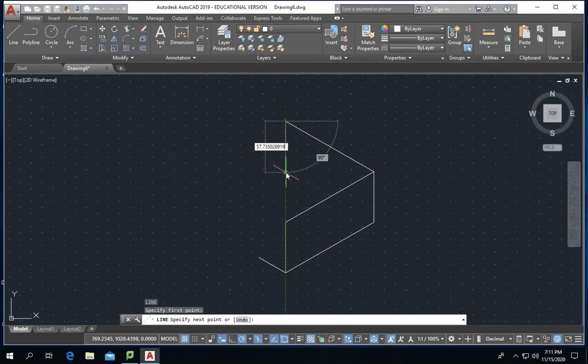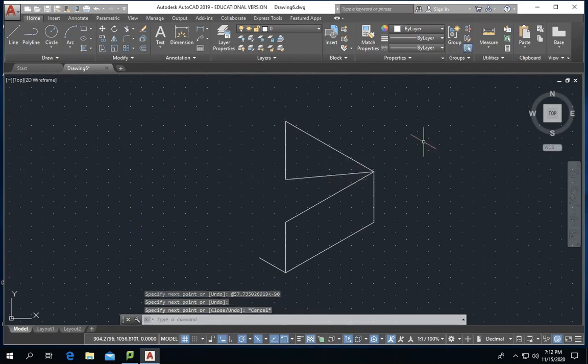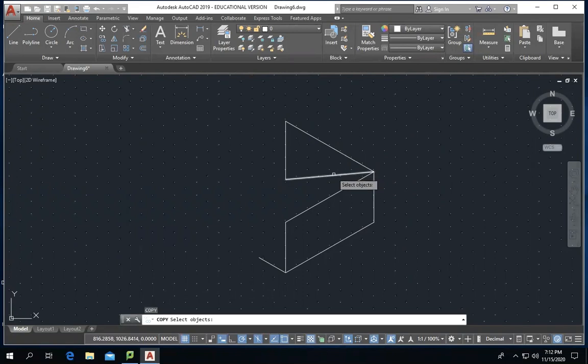And we're going to want this to be just straight down, so we're going to draw it at negative 90 degrees. And then what we're going to have to do is just snap it there, back to the original point that we started at. Okay, so now we're going to have to copy this line, press enter, and then choose a base point of,